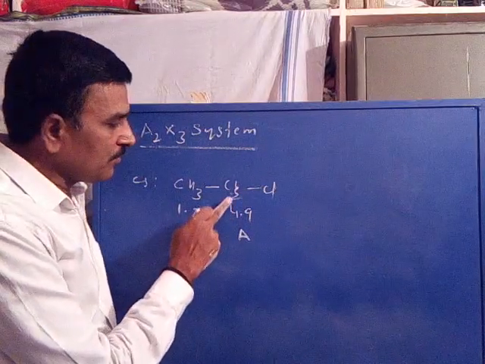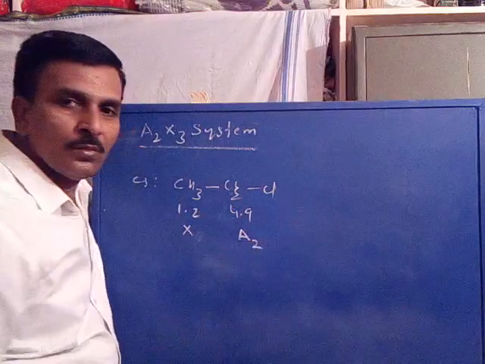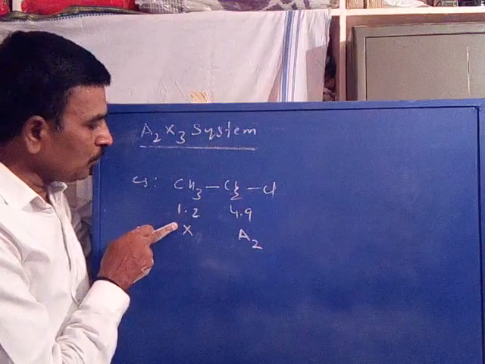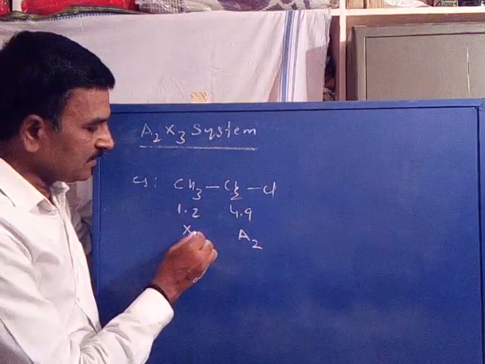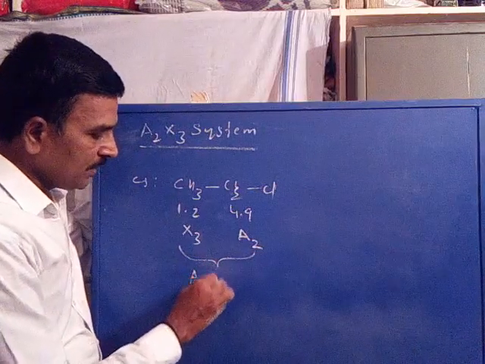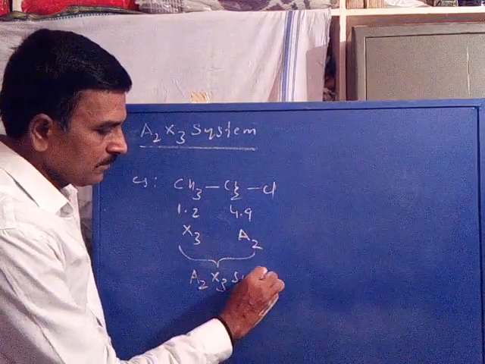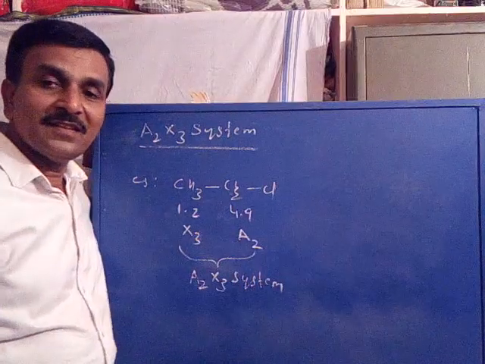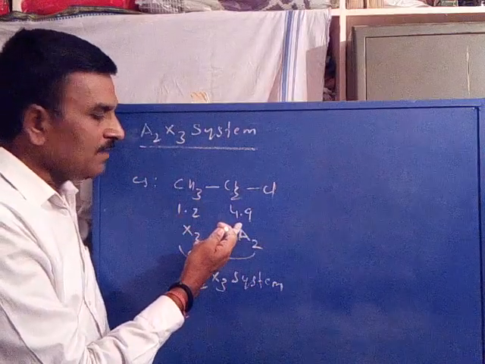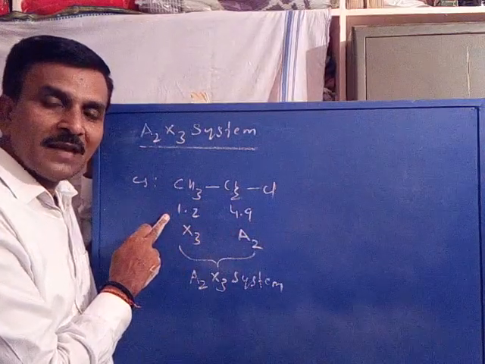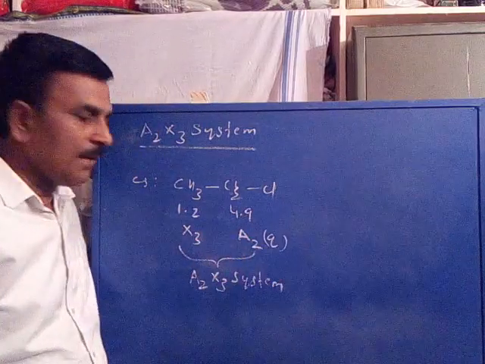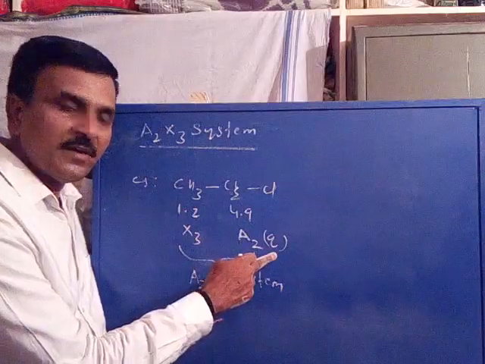So the first set of proton has 2. A group consisting of 2 proton, that is A2. X group consisting of 3 proton, that is X3. So this becomes A2X3 system. Coming to multiplicity. A set of proton coupled with X. X has 3. 1 plus 3, quartet. So A proton appears with a quartet multiplicity.